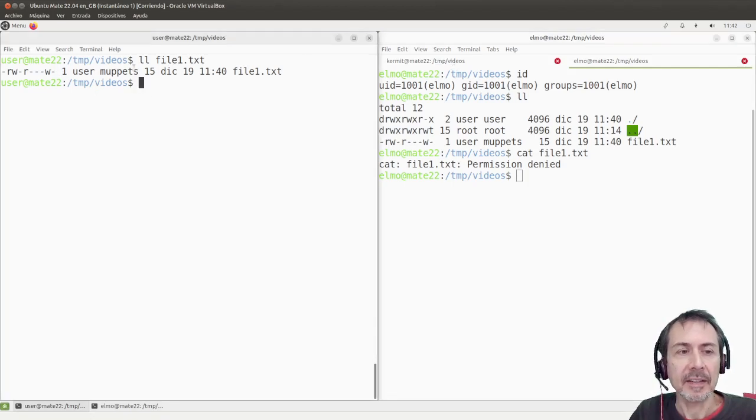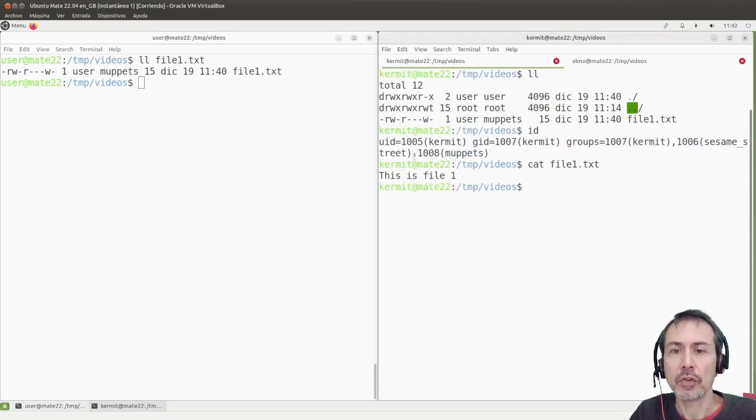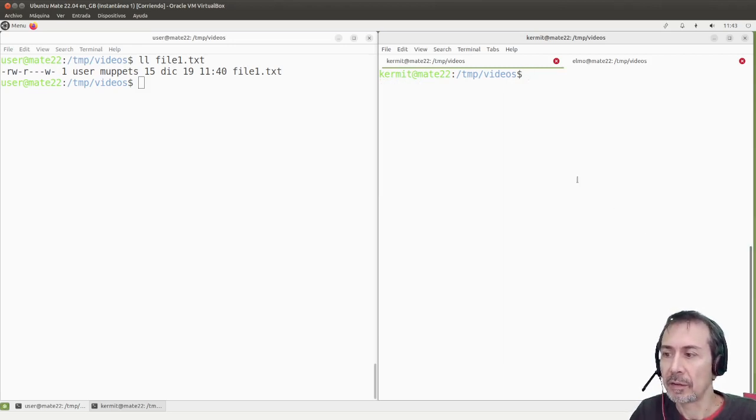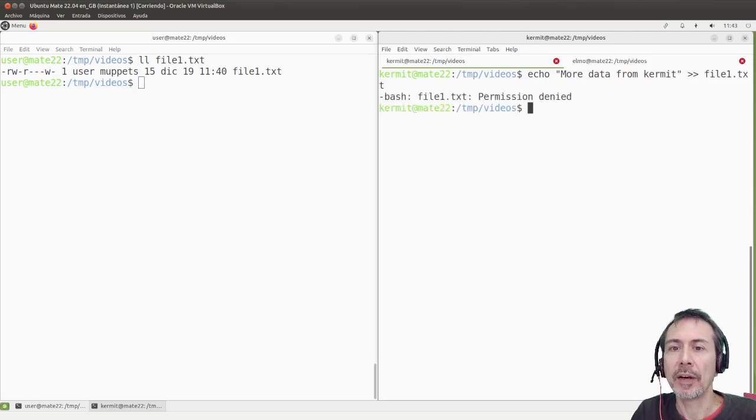In this case, this user, Kermit, can read the contents of the file, but it can't modify the content. So if I try to add more content to the file, for example, more data from Kermit, I will use this symbol. This is a redirection, but this redirection adds to the file instead of deleting the contents, instead of substituting the contents. If I try to do that, okay, permission denied, because I have read permission, but I don't have write